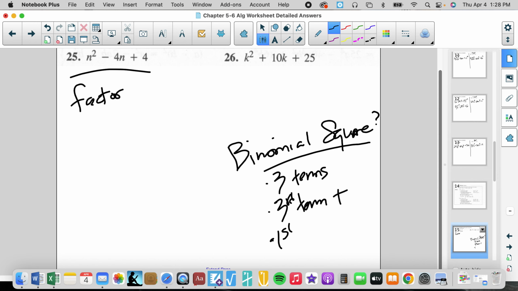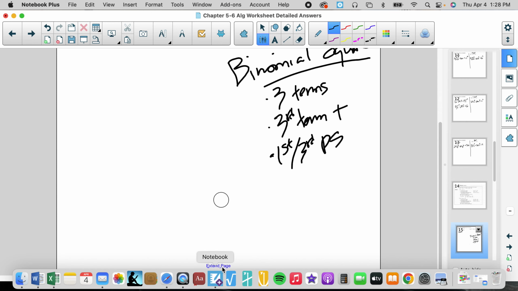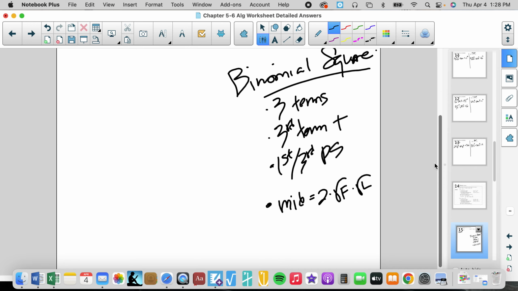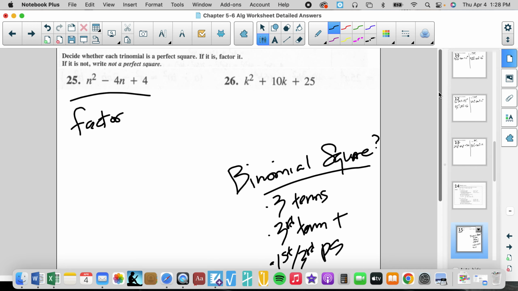Are the first and third perfect squares? And here's the hard one. And I've changed my technique on how I'm going to do this. The 4th thing, does my middle term equal 2 times the square root of the first times the square root of the last? Does my middle term, which is negative 4n, equal 2 times the square root of the first